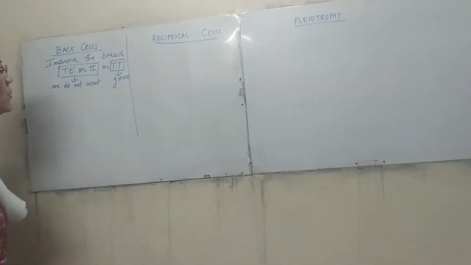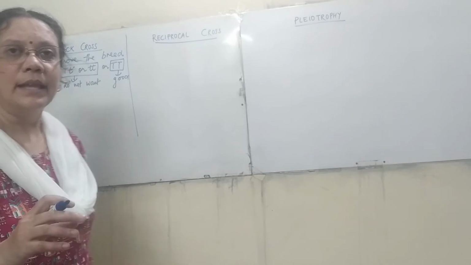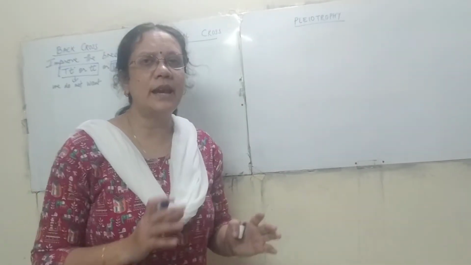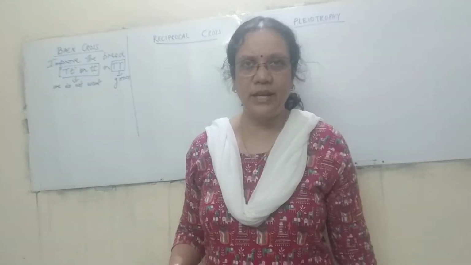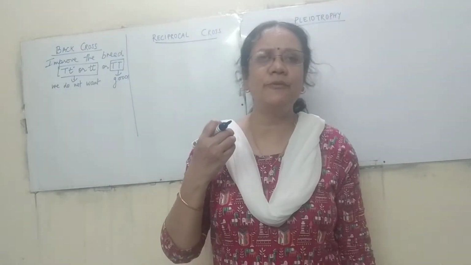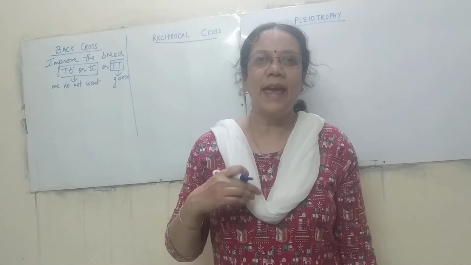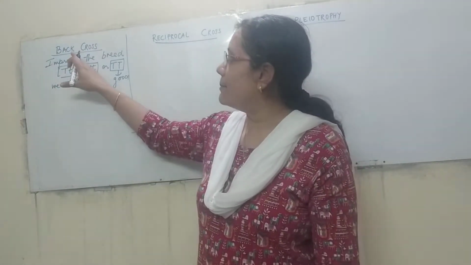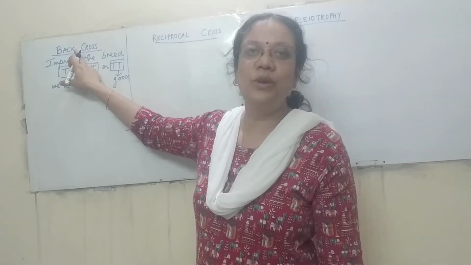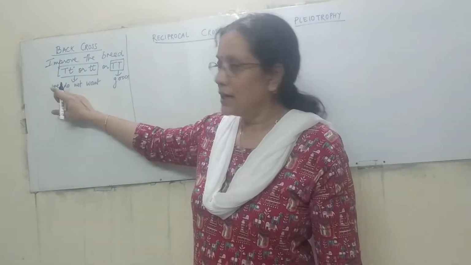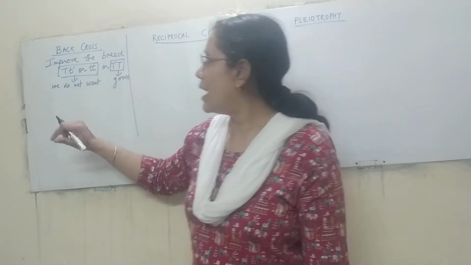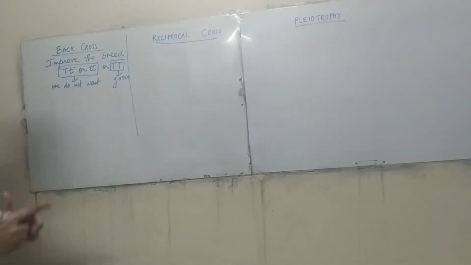Now how can we do this? That is small t's we have to cross. Suppose we have a dwarf plant, then how can we remove the small t's? Or rather, even if it is in the gene, it should not be expressing itself. So in that case, we have to remember, in case of back cross, we have to cross the recessive traits with the dominant.